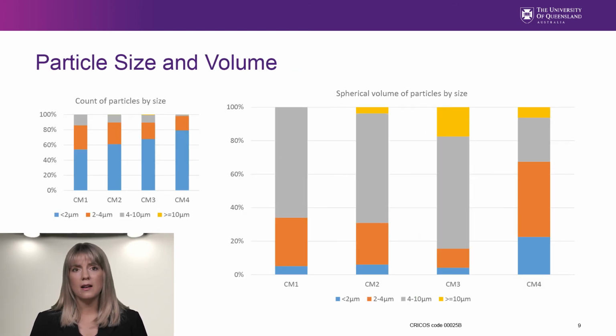Not all mine dust has a uniform particle size distribution. It can vary quite considerably from one mine to the next. This figure shows the count of particles in 3 size classifications for continuous miner sections in 4 different underground coal mines in Australia. As you can see, the particle size distribution varies from mine to mine, even for the same